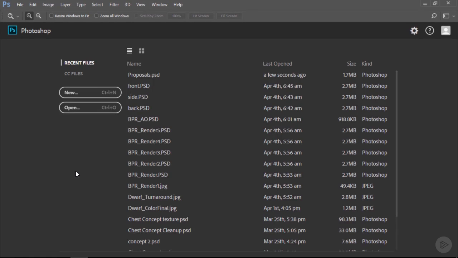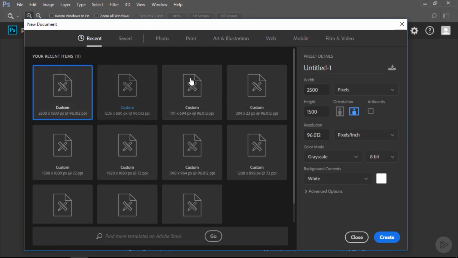Hi everybody. In this clip, what we're going to be doing is blocking in some of our basic design principles for our shovel sword. So, we're in Photoshop right now, and we're going to make a new document. The size of it doesn't necessarily matter. We'll go 2500 by 1500. We could always change this at any point, so it's not really a big deal. Our color mode will be RGB because it's easier to work with, but we can change all these at any